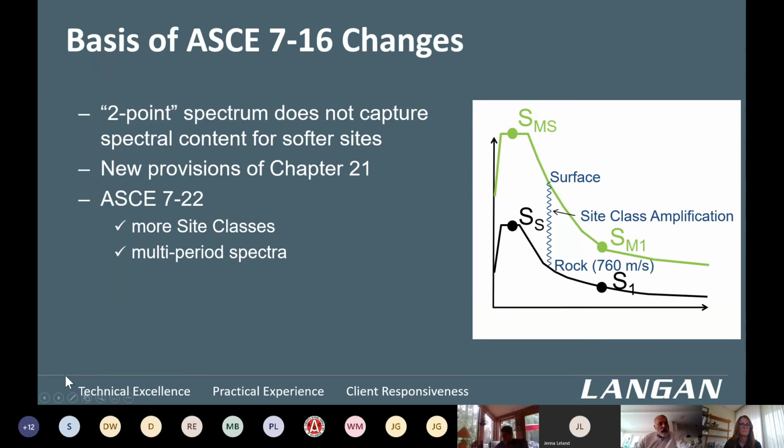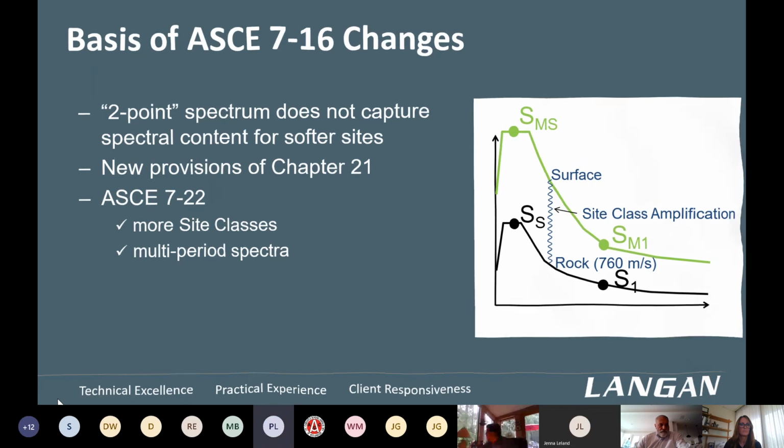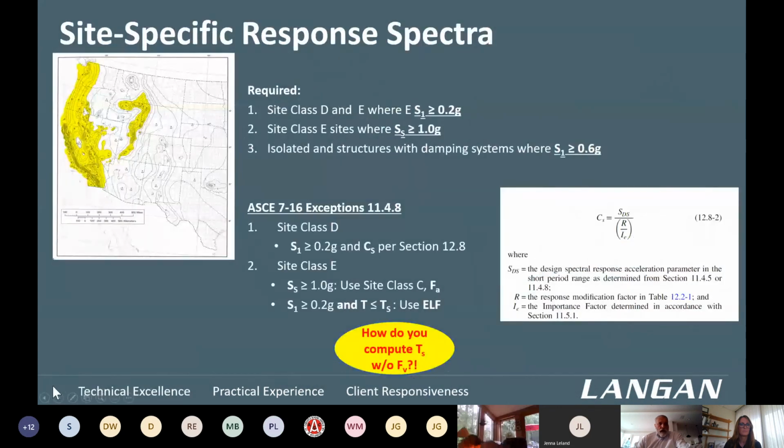So it's going to be multi-periods and more site classes. As I mentioned, for basically stiff site conditions at the levels of shaking that we're going to be experiencing in the Western United States, Washington State, Oregon, California,